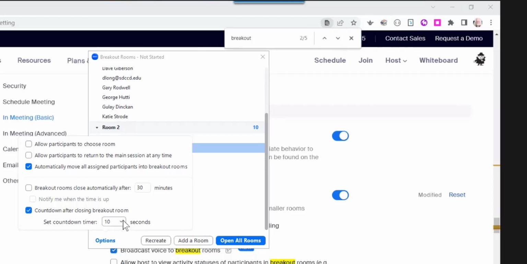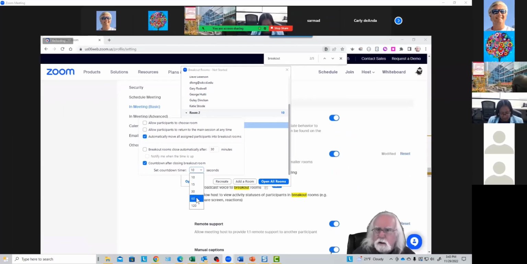Under realistic circumstances, probably 30 or 60 seconds is a polite minimum to give people to finish any last minute business. I'm going to set it for demonstration purposes at 10 seconds because I don't want to have to wait that long once I close the rooms for us to be able to talk to one another in the main room again. So